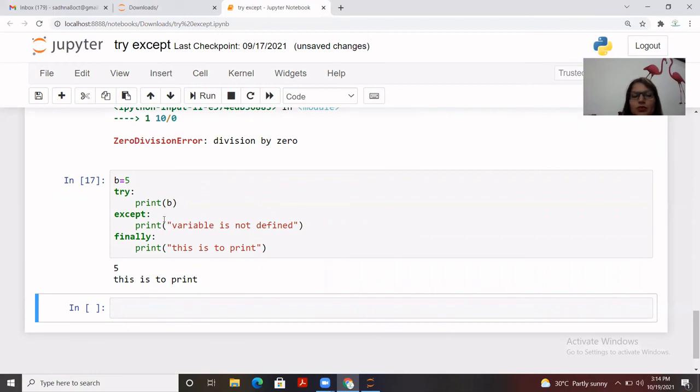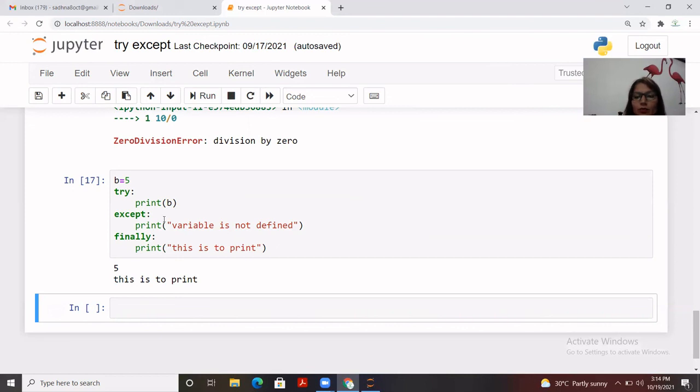This is mandatory. So sometimes we don't use finally while doing the error handling, but try except is the one that we regularly use to make our code more convenient for the end user to use, or to make it a more robust code. So this is how we use try and except. So I hope it's clear to you that the try block is the one in which we write code where we may have different kinds of errors, and except is the one in which we handle those errors, and whatever message we want to display, we can put that into the except.